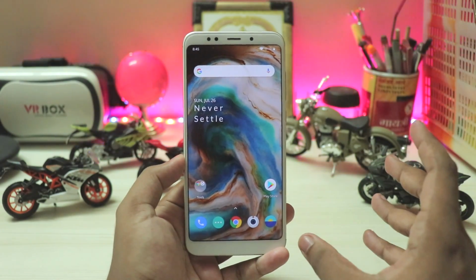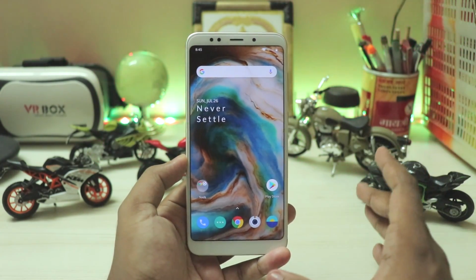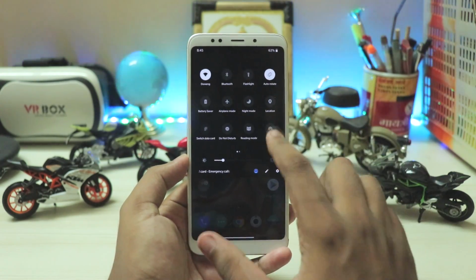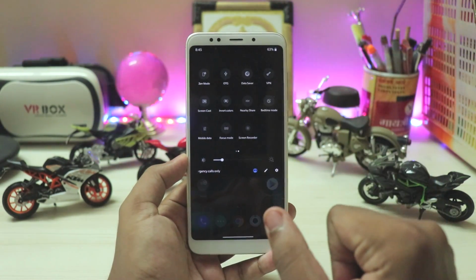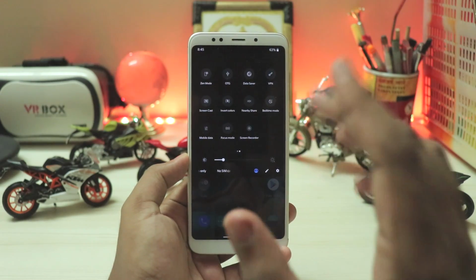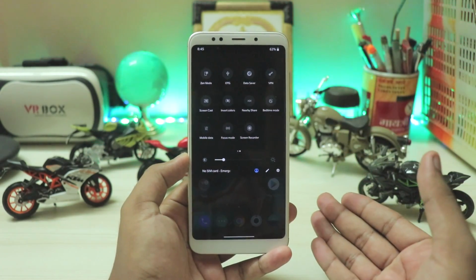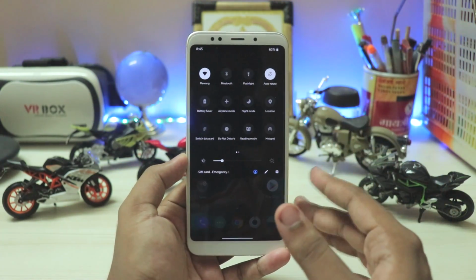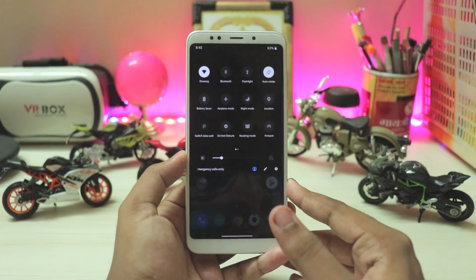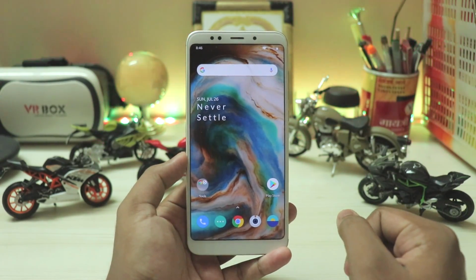So few of the features are quite missing right over here than my previous video. For example, there is no dark mode toggle. You do get newer toggles, for example, like the focus mode, bedtime, and the nearby sharing, thanks to the Digital Wellbeing and the Google Play services. But on the Oxygen OS side, there are quite a few things missing right over here. Even the newer ambient display clocks do actually look pretty much the same.